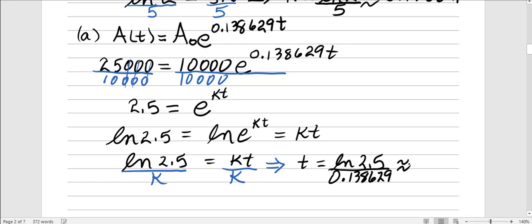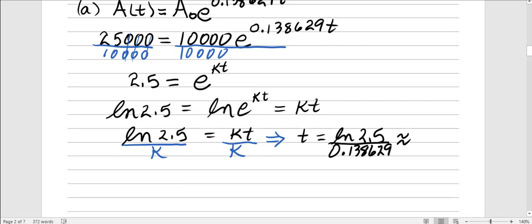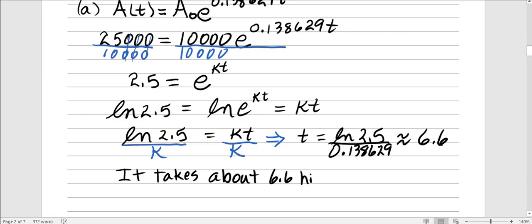And I am going to approximate that using my calculating device. And I see that this is about 6.6 hours. So it takes about 6.6 hours